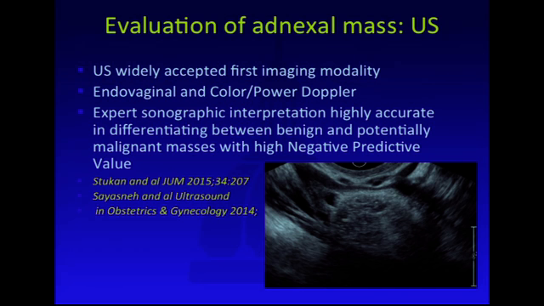Ultrasound is widely accepted as a first imaging modality, and we use endovaginal as well as color and power Doppler. Several papers, even recent ones in the literature, have shown that expert sonographic interpretation is highly accurate in differentiating between benign and potentially malignant masses, with very high negative predictive value. For example, you see this echogenic mass in the ovary, and we'll discuss it in more detail later, but with the shadowing we can say with pretty good confidence that this is very likely to be a cystic